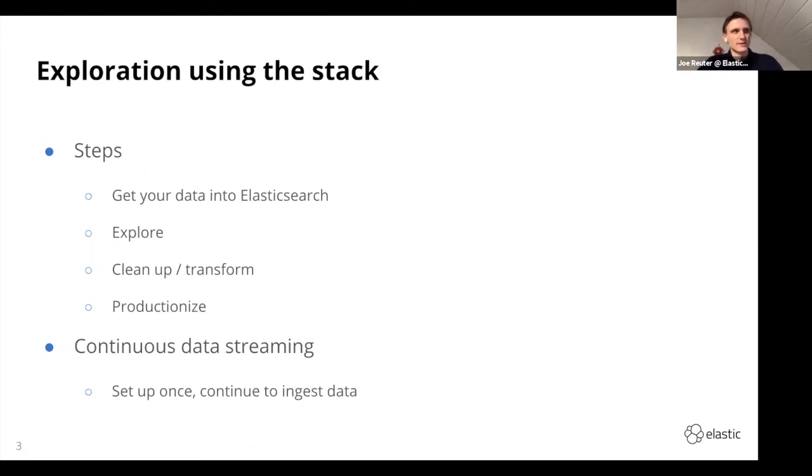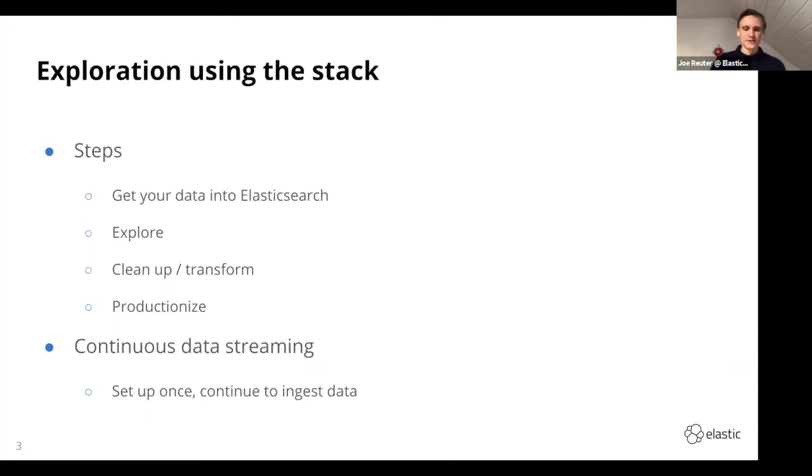And once you've done that, and once you have found some things you want to continuously monitor, or some findings you want to share with the rest of your company, you're going to productionize what you did somehow. This can mean different things. It can mean having an alerting setup that notifies you if some measure, some KPI passes a threshold. It can be a nice looking PDF report you're showing on a big screen in the entrance of some building, all of that. Elastic Stack is set up to do all of these things,